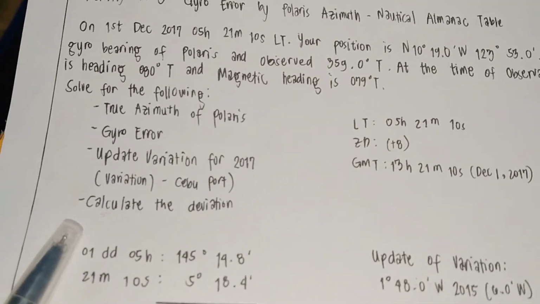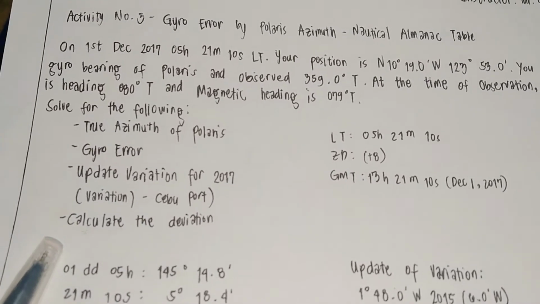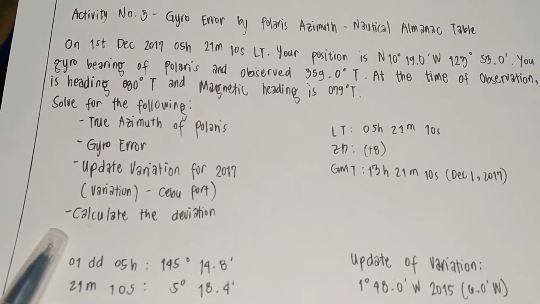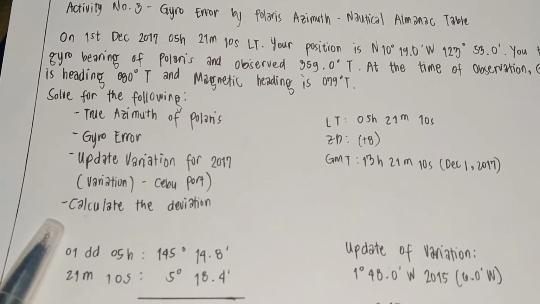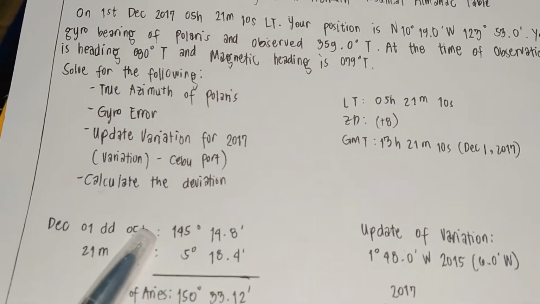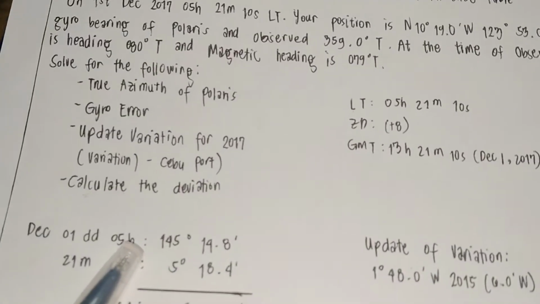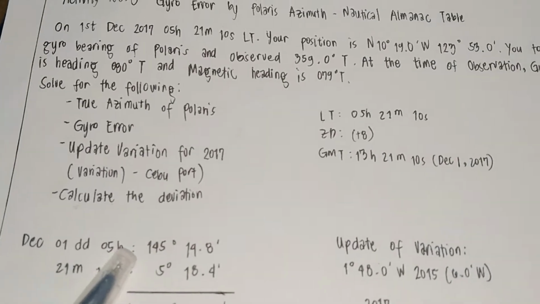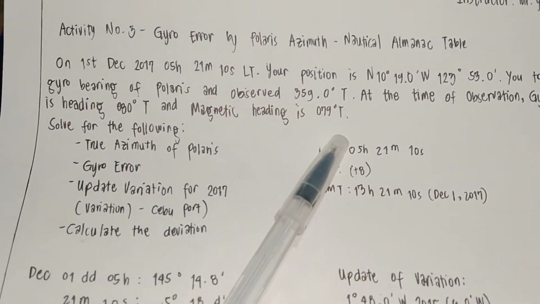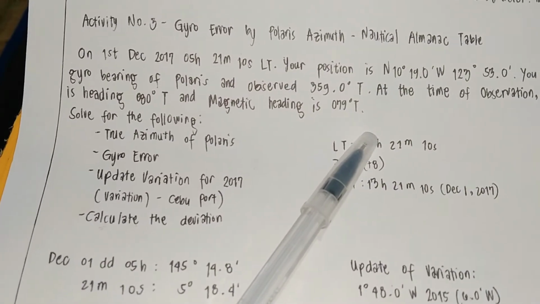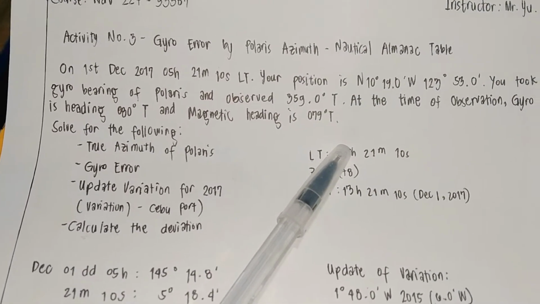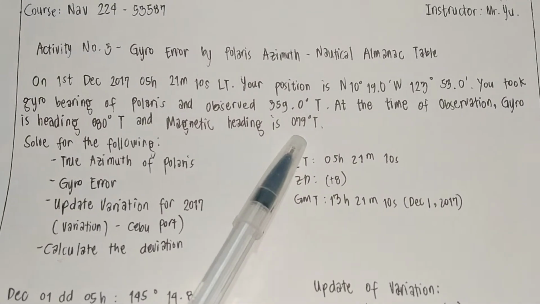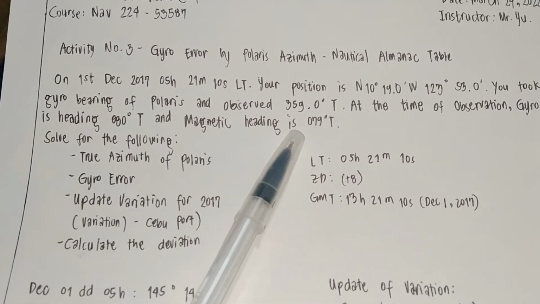So we do have to solve the following, which is the true azimuth of Polaris, gyro error, update for variation for 2017, and variation to Cebu port, and also calculate the deviation. So for this deviation, we just have to simply use our magnetic heading, which is 079 degrees, and we did already find and determine that our variation of this particular heading, which is our magnetic heading, is